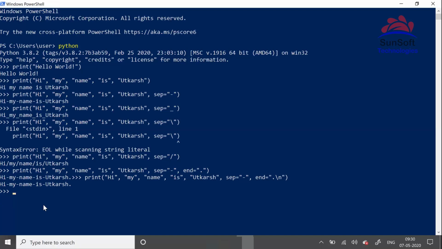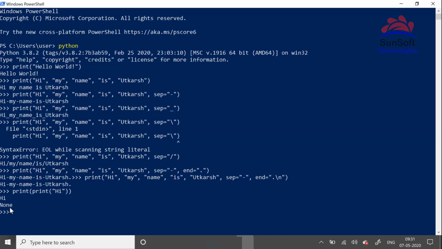Let's discuss one more thing, what the print function's result is. So what we are going to do is pass the result of the print function to another print function. See what I'm doing here. I'm calling the print function to print out hi, and then the result of this print function's method call I'm passing as an argument to another print function. So see, it prints out hi and then it prints out None.